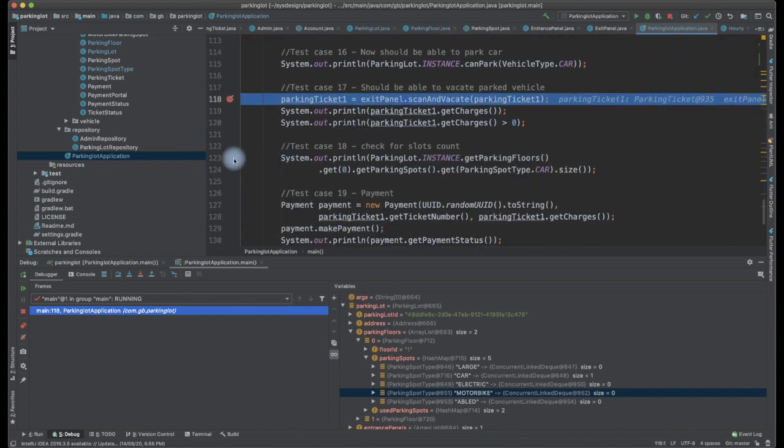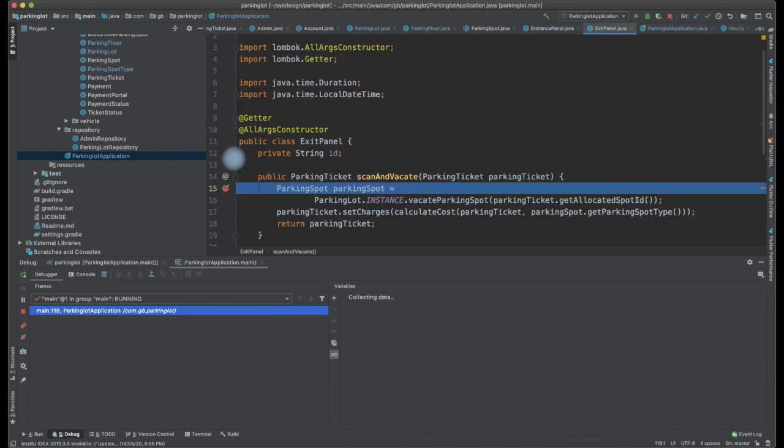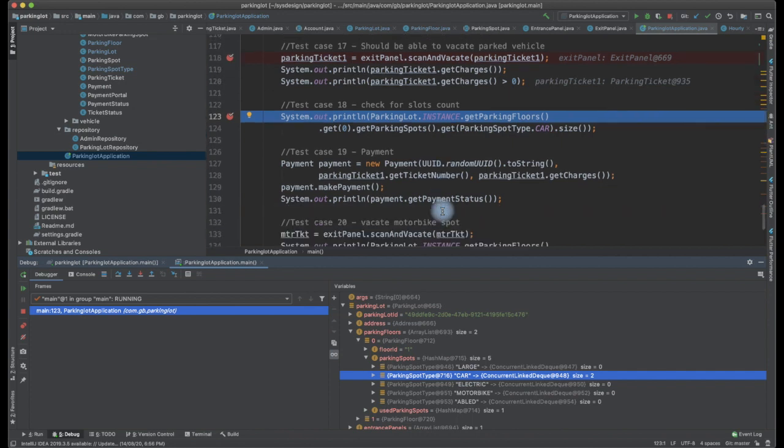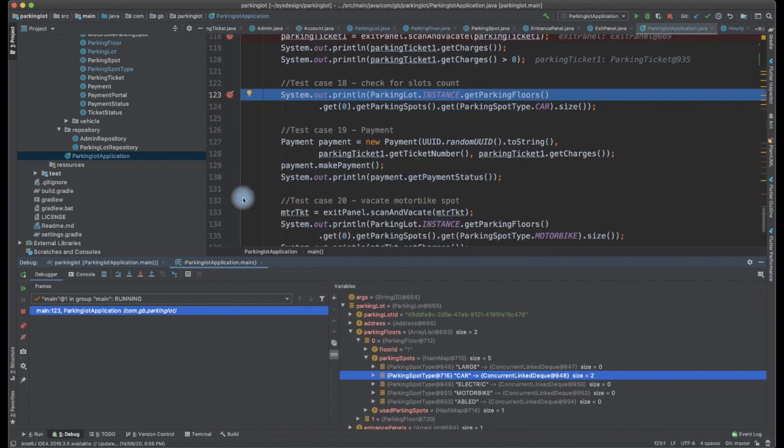Similarly, after this vacate also, it should be incremented to 2. So the size is 2. Initially it was 1, because I had added one in between, because everything had become empty. I found one more parking spot, and the admin has added it. Now after running this vacate, we should see 2.